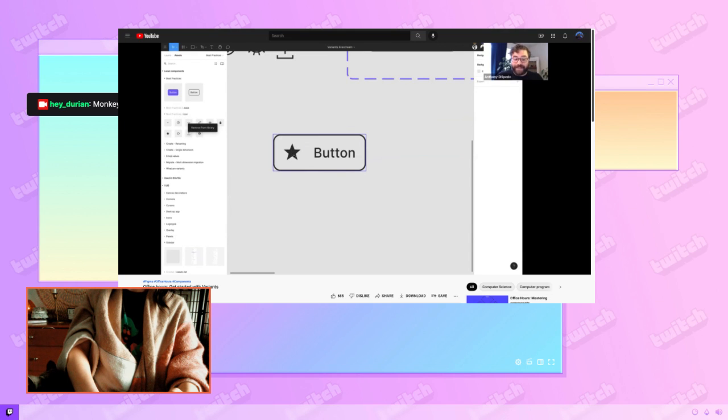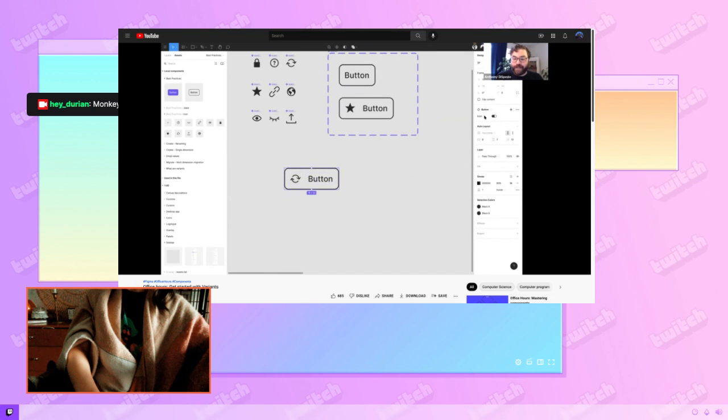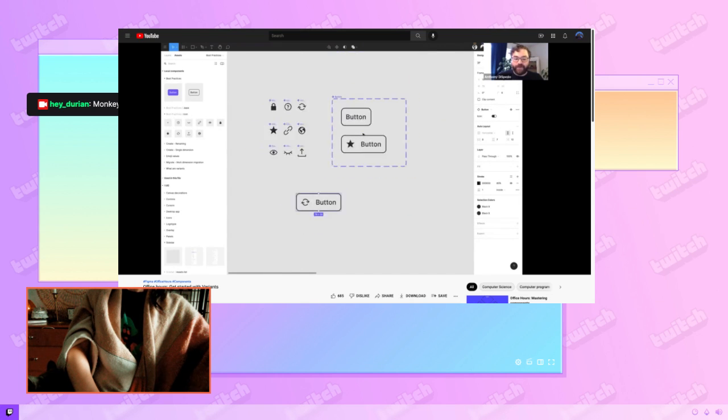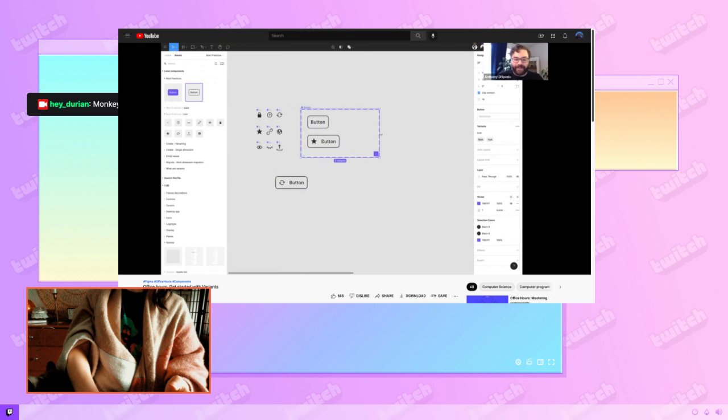I don't actually want that. I want to swap just the icon inside of it. So if you hold down Option and Command, you'll see that we can actually swap nested instances very quickly as well. So this is just a really quick way to swap. Just make sure you actually get it selected. There we go. And you can swap those out very quickly. And again, because we're able to preserve overrides, if I switch this icon off, or if I switch to a different button type as well, in this case, if I was doing this on that earlier example that I had,